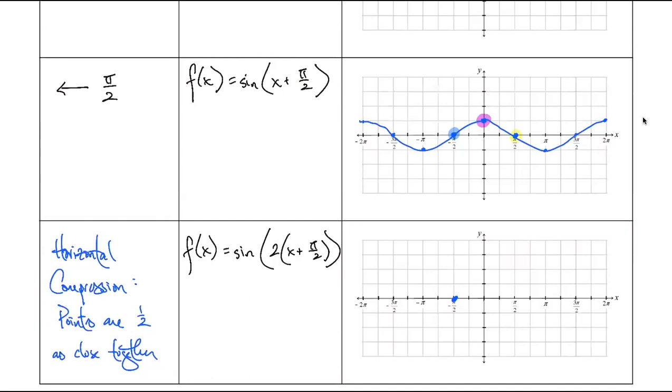So this purple point moves in half as close. It was 2 boxes away, now it's only 1 box away. The yellow point moves into here. So we just scooch everything in. We've got our yellow, our purple, and our blue. And if we keep following that pattern,